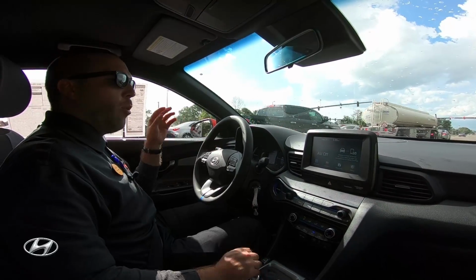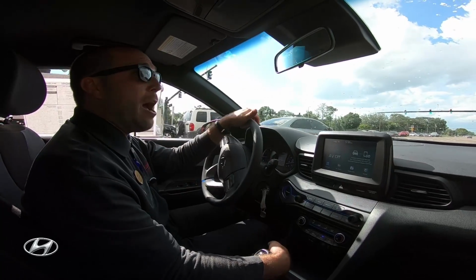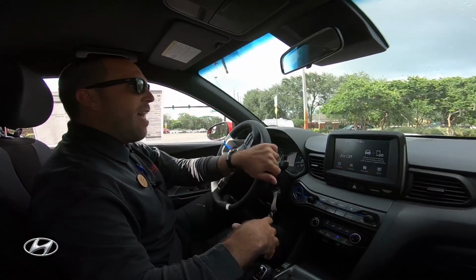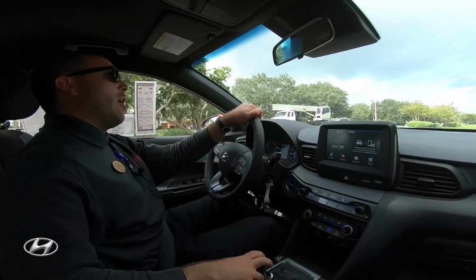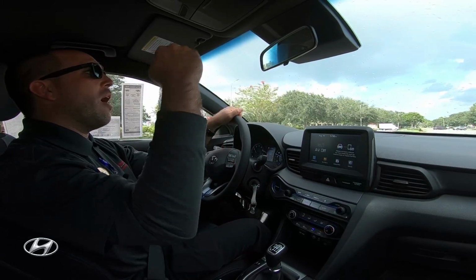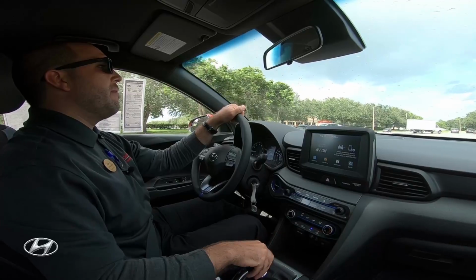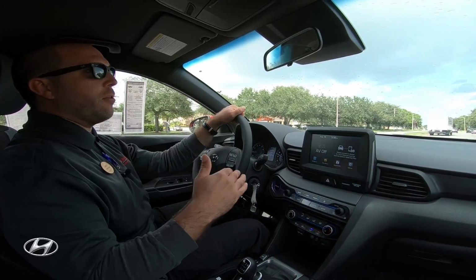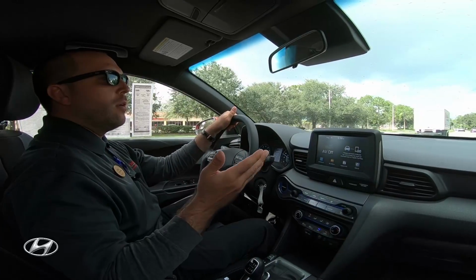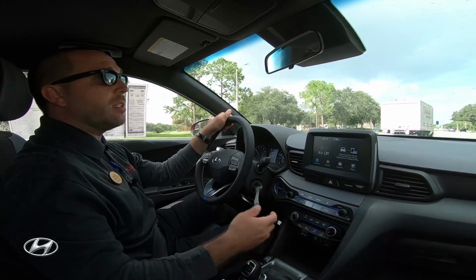One thing I wanted to point out, or a couple things I wanted to point out, is all the stuff Hyundai is doing now as far as their safety features. You used to have to get a lot of their safety features on some of the other higher trim levels, like the automatic emergency braking, things like that. Now they're making a lot of these features standard on the base model. So for example, this car, the base model Veloster, the 2.0 liter, you have automatic emergency avoidance assistance, which is